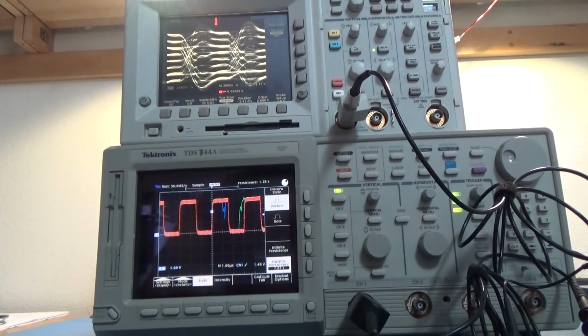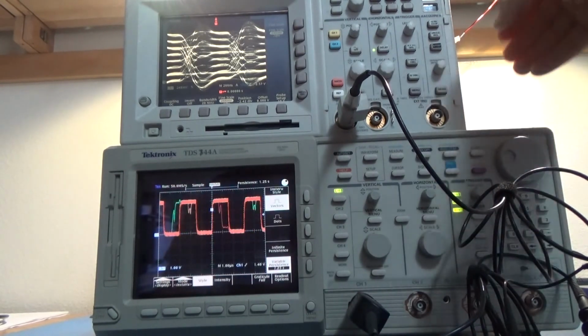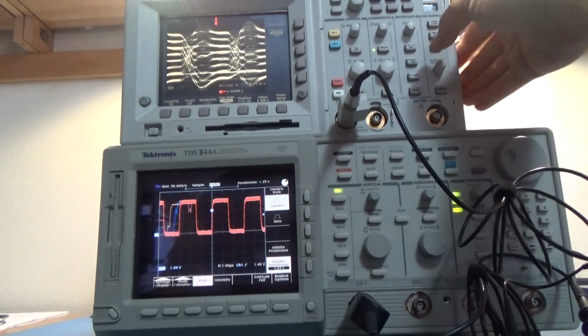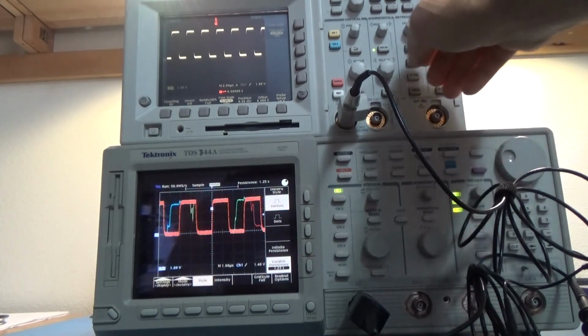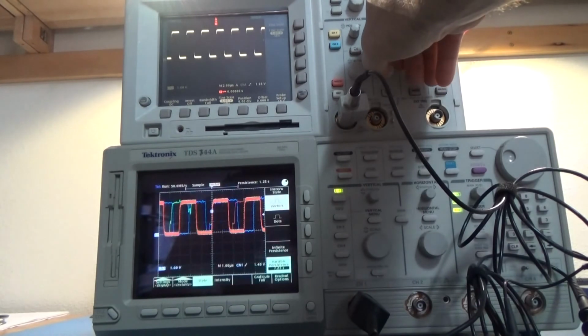So we can see there's some glitching that's definitely going on, and again, if you weren't in a fast acquisition mode like this, you definitely would not see it. Now let's take a look at the same signal, set up the same way on the DPO on the top, and of course it's not nearly as powerful of a